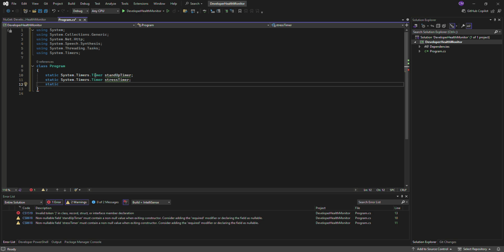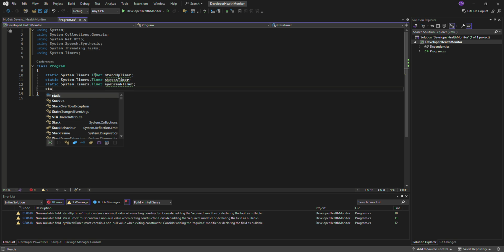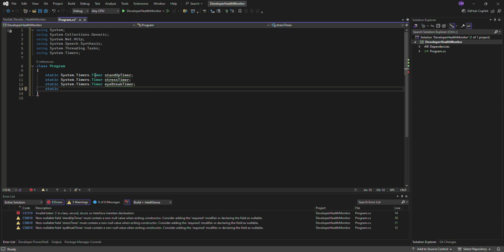So then do static System dot Timers dot Timer, and let's call this one eyeBreakTimer, and let's do again static System dot Timer and let's call this one waterBreak,